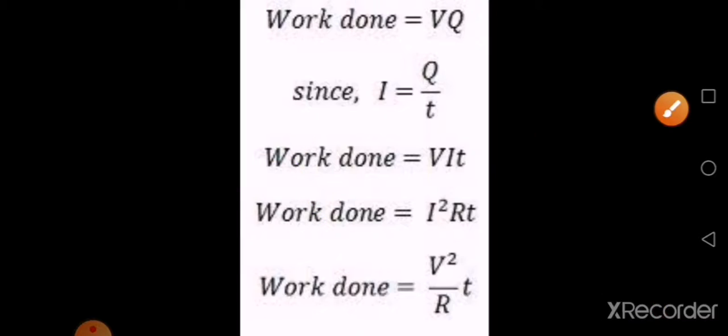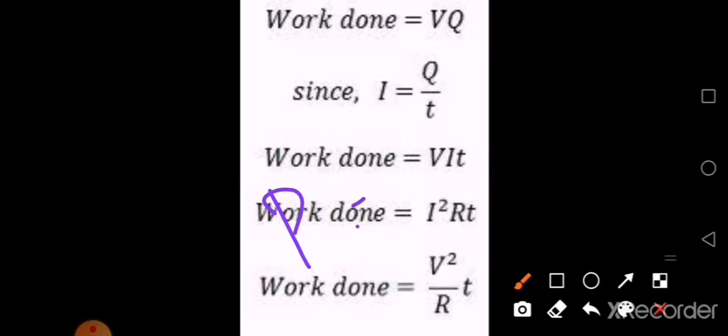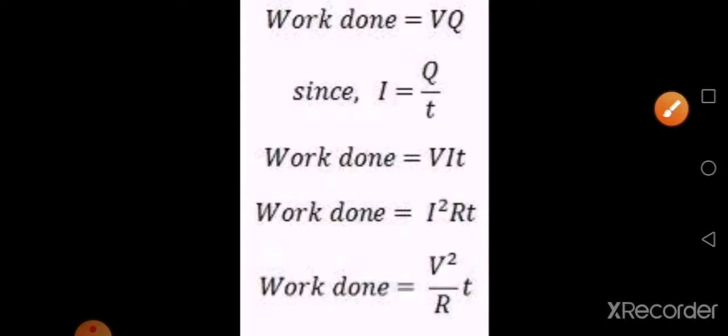Now let us come to the next one, that is power. You have all these equations here, isn't it? Power you have already learned in smaller classes. That is the rate of doing work, not the capacity to do. It is the rate of doing work or work done per unit time. So the same, if it is electrical power, the definition will be the rate of doing electrical work, or power P is going to be electrical work done per unit time. So that is what electrical power is.